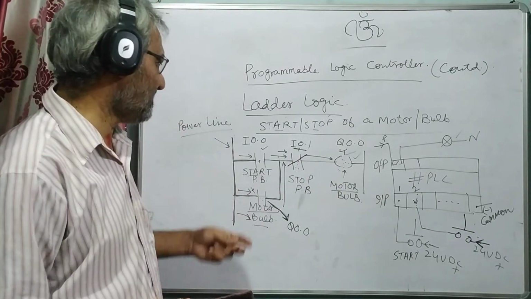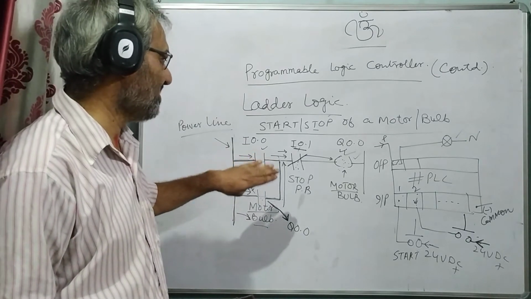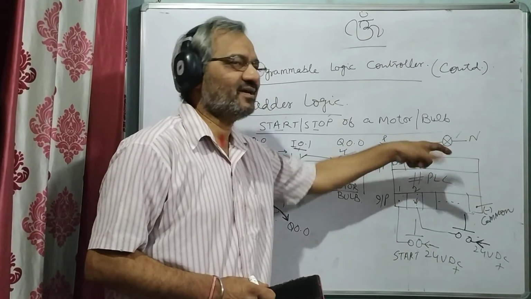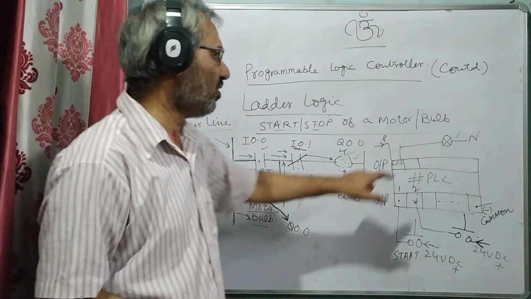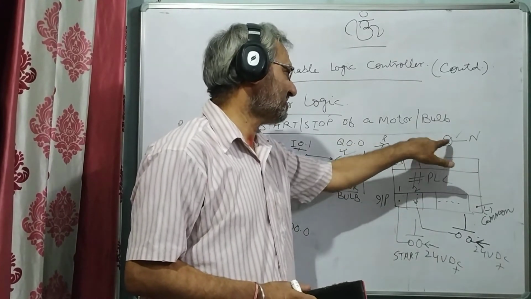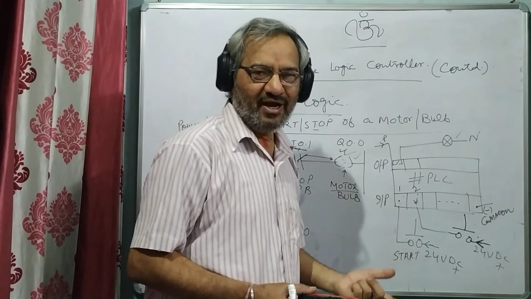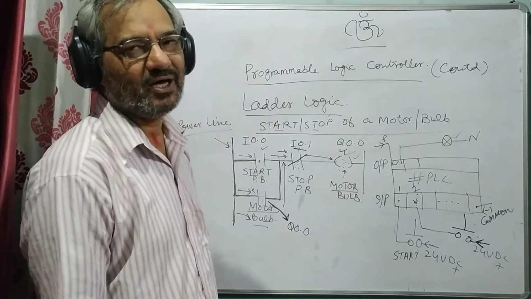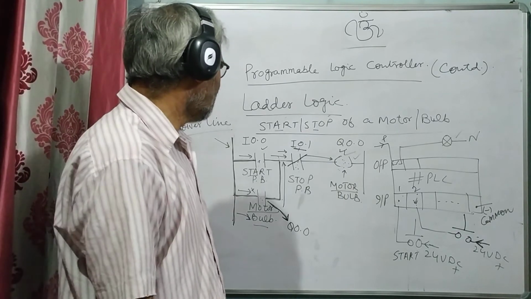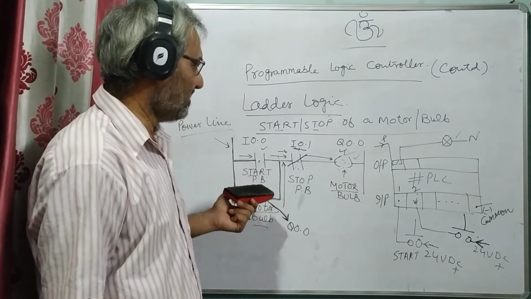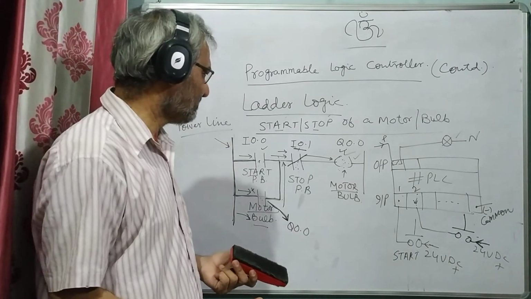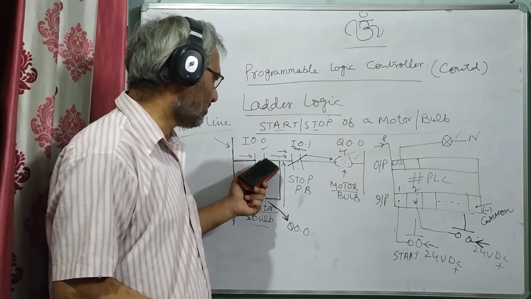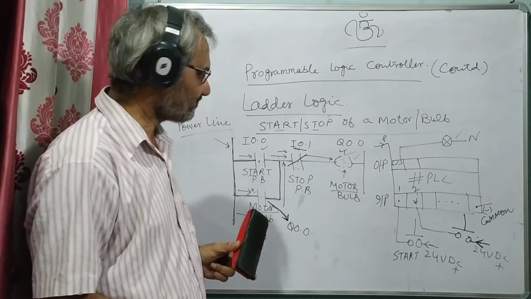So you can say there are two such types of schemes to start and stop a bulb or the motor. Here I can connect the motor also. Here the coil of the motor will get the same connection, and here will be the coil of the motor. And for the motor, if it is a three phase, we will have to give the power connections for R, Y, B for the three phase. So like that we can solve different problems using the ladder logic. Here we have used only the contacts and the coils.